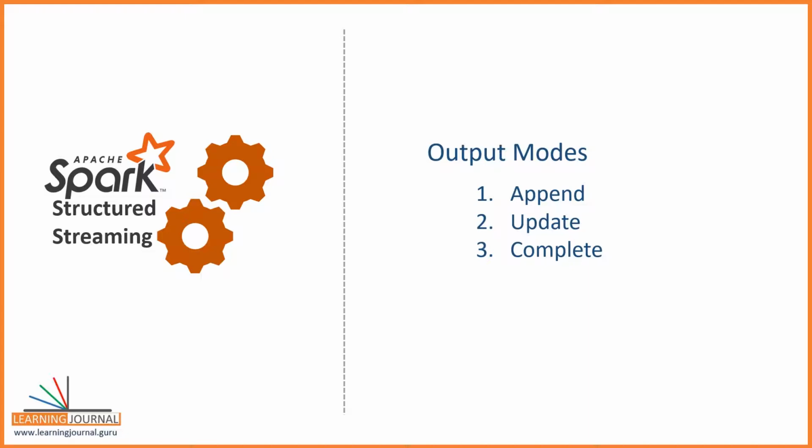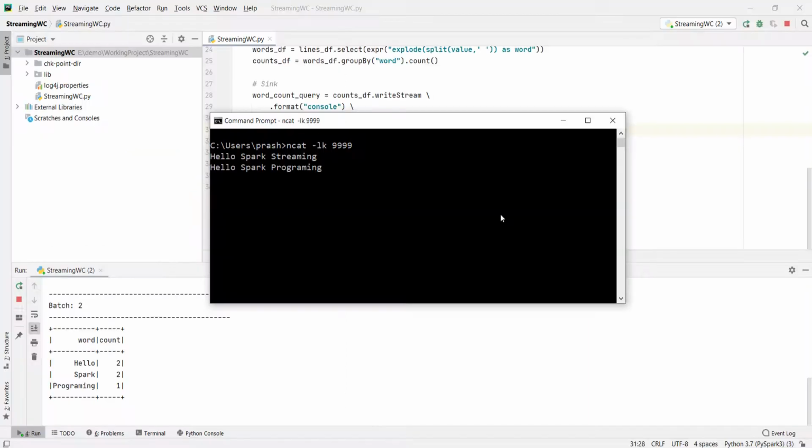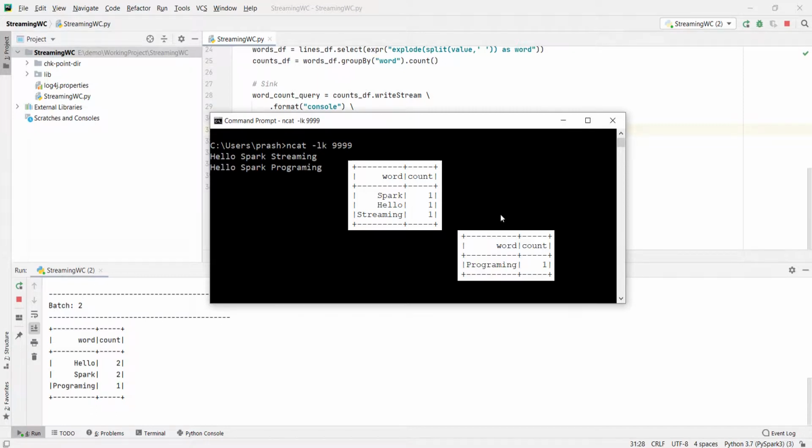Now, what is the append mode? The append mode is to implement the insert only scenario. But the word count example doesn't make any meaningful sense to insert only values. Let's try to understand it. If I try the append mode, then I should expect an output like this for the first microbatch. All three words are new, and so they should show up in the output. Now if you send the second input, then you can expect the output like this. Why? Because programming is the only new word. Hello, Spark and streaming were already there in the previous result, so they should not appear.